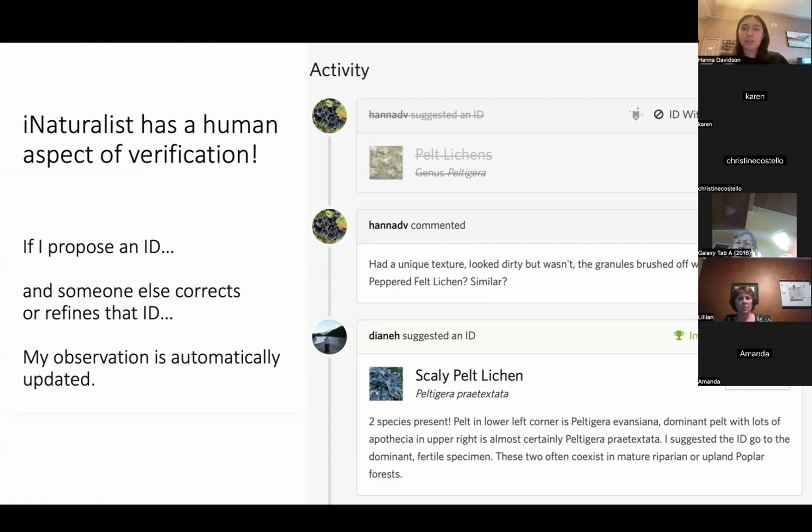And sometimes it happens that someone uploads something. It happens with these pelt lichens a lot because they look kind of leafy. So someone will say, this is a plant. The next person comes and says, no, it's a lichen. And you'll see that the assignment jumps all around: plant, fungus, whatever. But after 2 or 3 or 4 people go through, it ends up being quite refined and almost always correct.